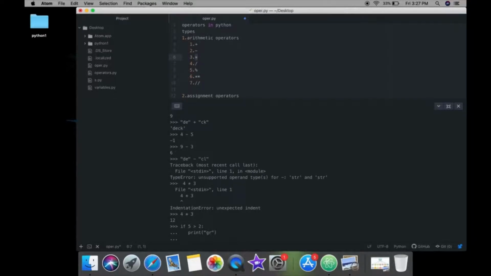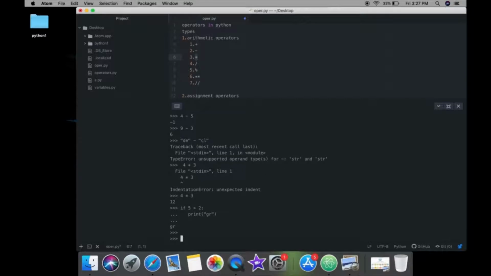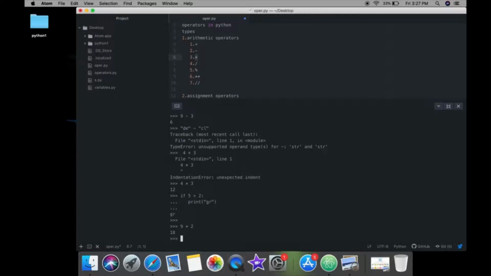So that's what the indentation means. Make sure your values are properly indented, and the rest about the error we will learn in the error module. After that, we are on the multiply operator, that is 9 star 2. Here we have 18, and after that we have our next one, that is the division operator, that is 8